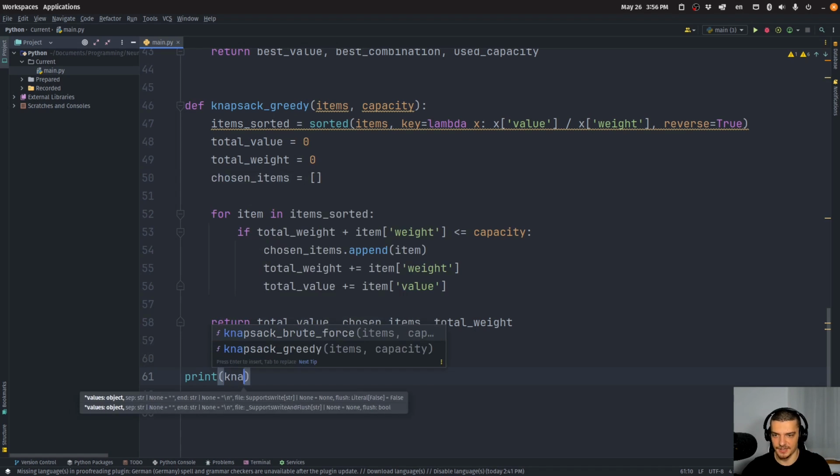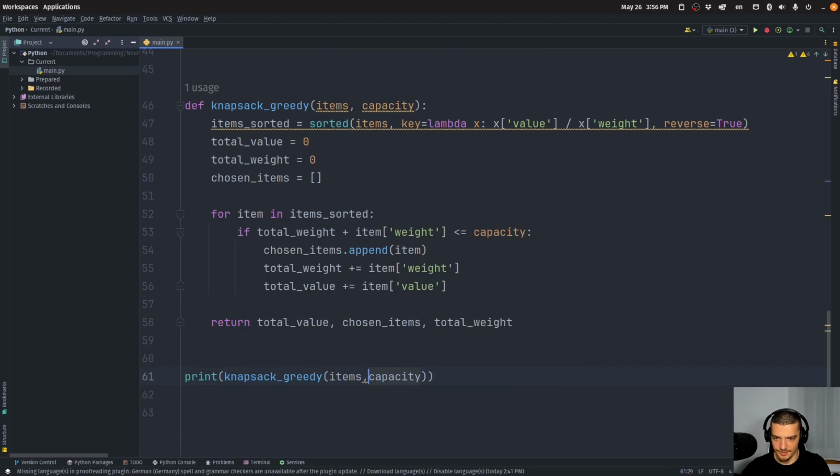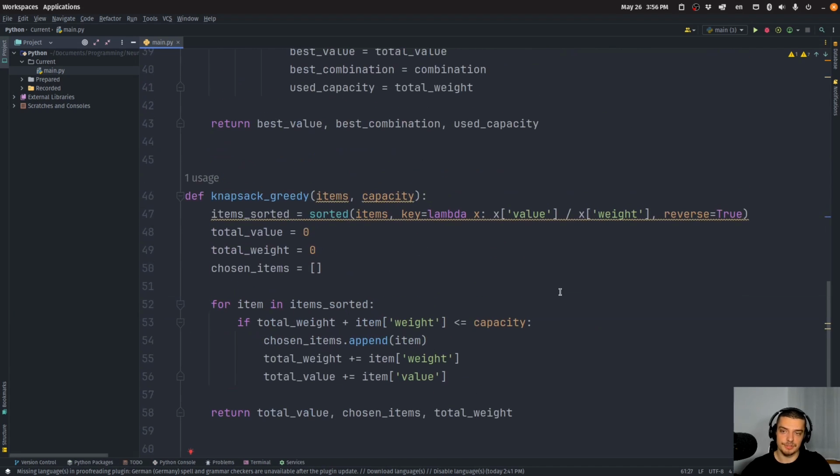So if I say knapsack greedy items and capacity, let's compare that to the one that we had previously, which was the brute force. Now you can see that the greedy approach finds a solution with 245 value and 44 capacity used. This is what happens when you follow the greedy approach, because it picks the ones with the highest value to weight ratio, but then of course it fails to use up all of the space. It is not the optimal solution, but of course it's a somewhat decent solution, and this is